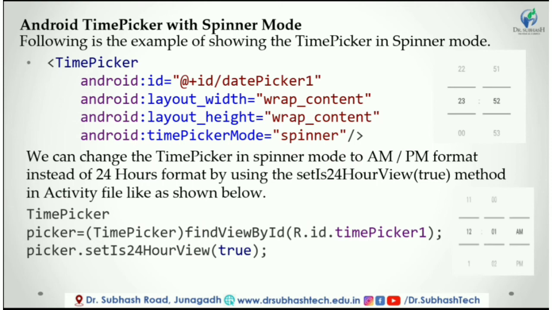Then after you have to set setIs24HourView. The above code will return the time picker as shown below. If you observe the above result, we got the time picker with AM or PM format in spinner mode to select the time separately by hour, minute and AM or PM. This is how we can use time picker in different modes based on our requirement in an Android application.